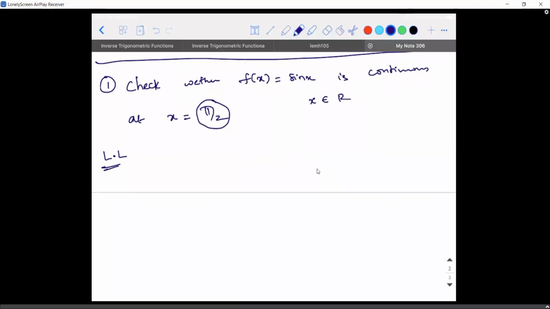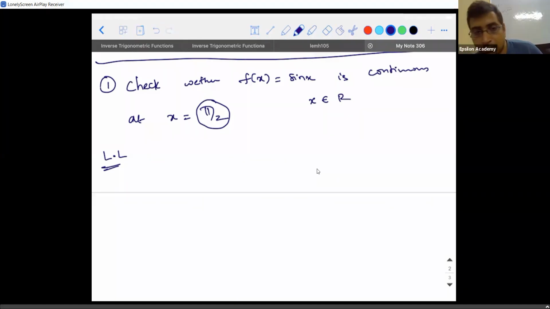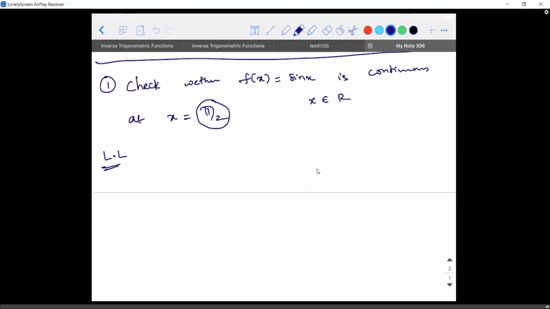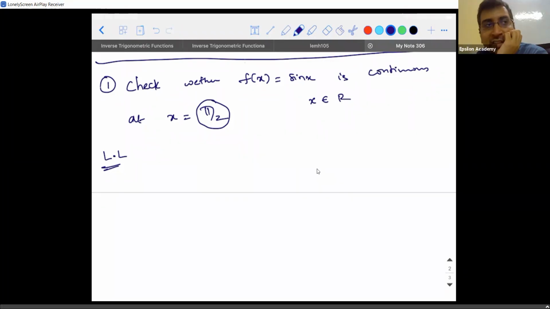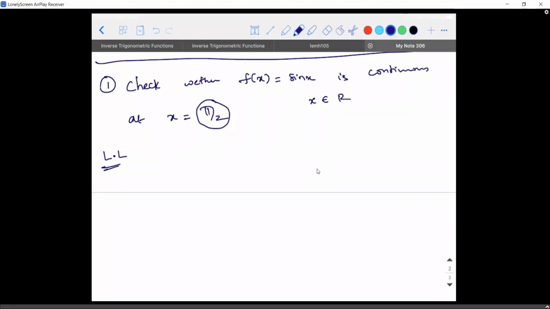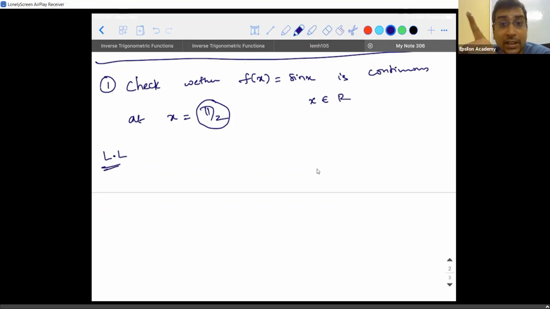I have a doubt over here, sir. Tell me, ma'am. If the question is like this, we have to prove that left limit is equal to right limit, which is equal to function value. We have to prove that. You have to prove it. That is the best way to prove, but in your textbook, they would have given you slightly different thing. That also I'll explain, but let me explain the inner meaning of it, then I will come to that point. Sir, should we take minus pi by 2? Not minus pi by 2. Minus pi by 2 is different from pi by 2 minus. Don't make that mistake.